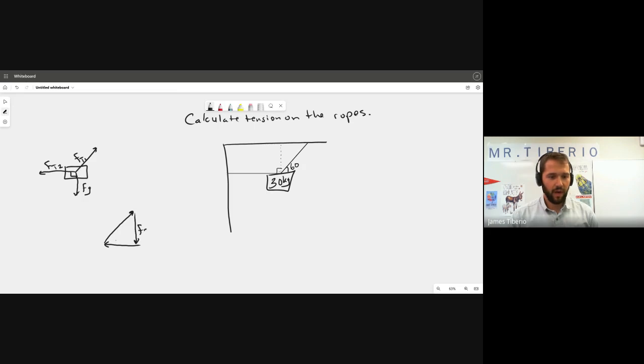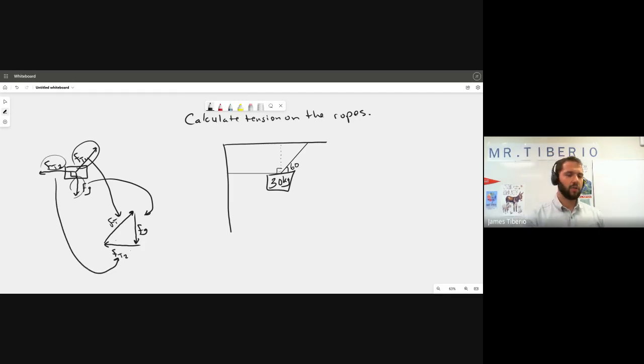So this was the force of gravity. Notice this arrow is that. Force of tension 1, that arrow is this. They should all be the same. Force of tension 2 is this one. Now, it gets tricky when you're trying to draw your triangle because this one is a right angle triangle because